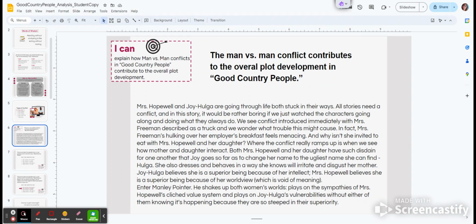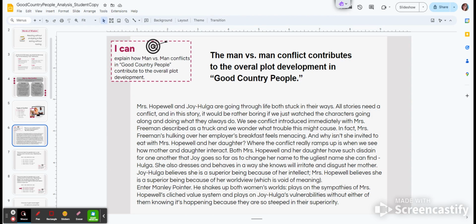And since all stories need a conflict, this story is no exception. It would be really boring if we just sat and watched the characters going along and doing what they do and just eating breakfast in the morning and Mrs. Freeman coming over and everybody's got opinions. It would be boring. So we see conflict pretty much immediately, right in the first